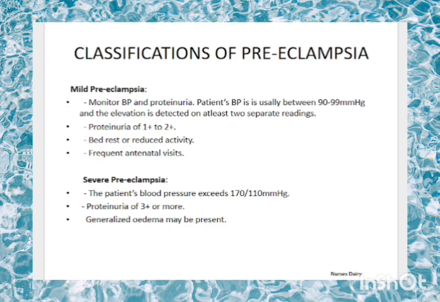In mild preeclampsia, the patient's diastolic blood pressure is usually between 90 to 99 millimeters of mercury, and the elevation is detected on at least 2 separate readings. And then in mild preeclampsia, there is proteinuria of 1 plus